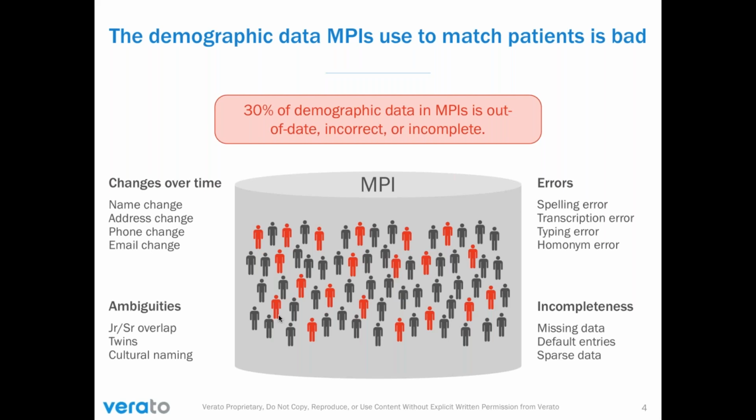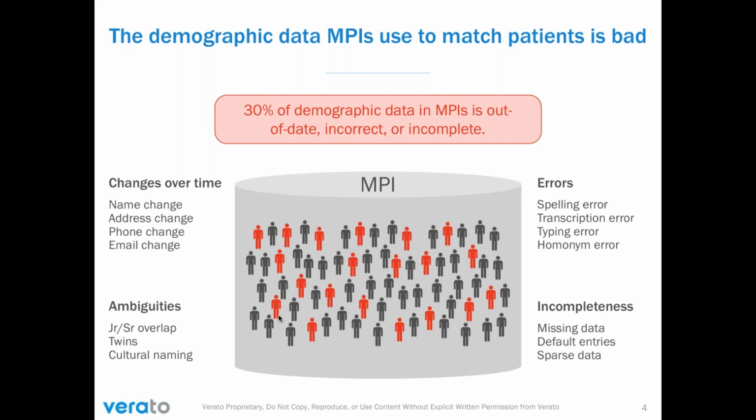There's also a prevalence of missing data. Different facilities have different EMRs, and they capture different types of information. Sometimes certain data elements are required. Maybe some organizations are required to capture a social security number, others are not. There's variety in how much data you get about your patients as you're registering them. Those are the things people traditionally think of and understand as data quality issues that need to be handled by your MPI in order to get patient identification right.